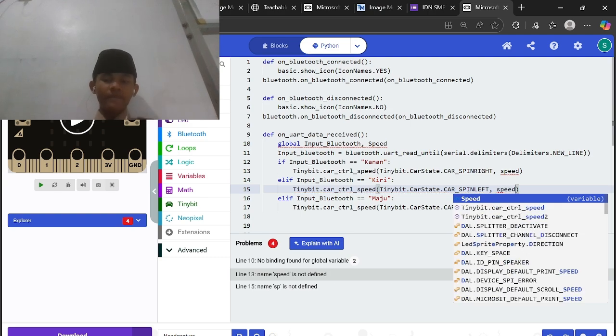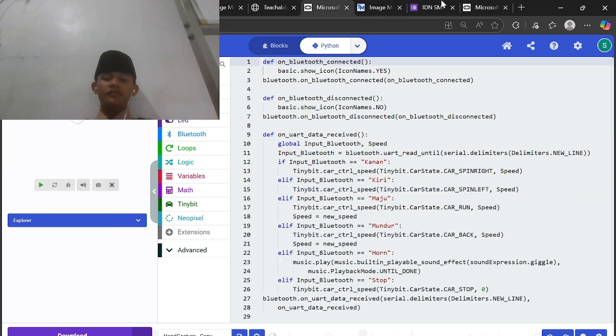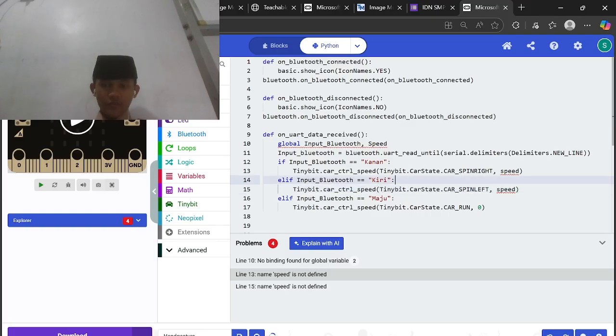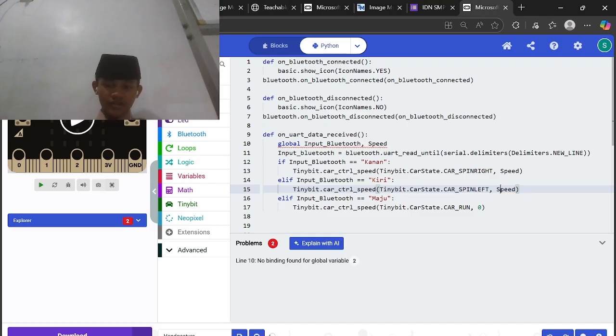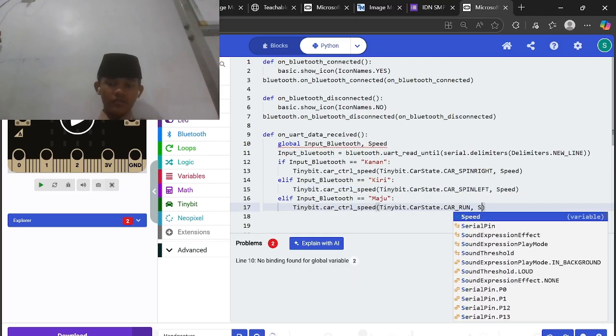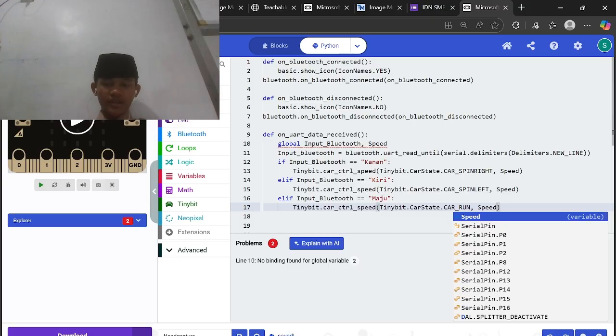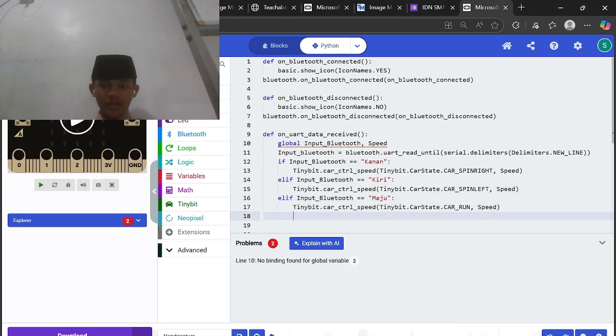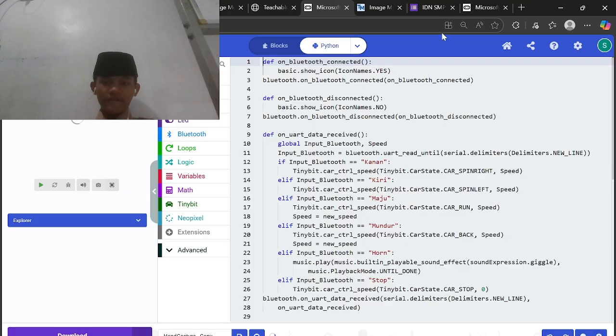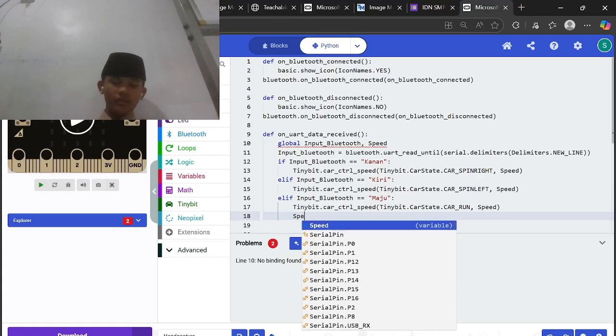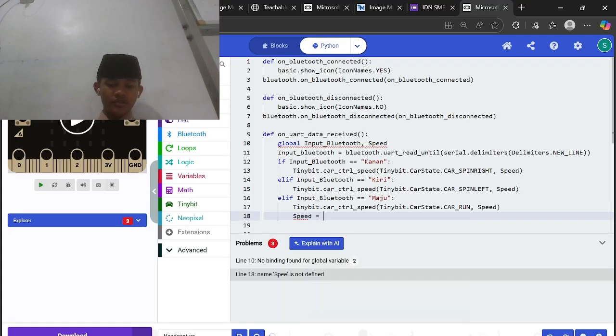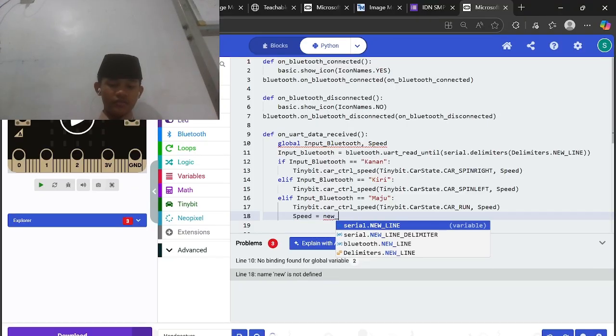If we make a variable, okay, with this big, this is also speed. Now here we can add something, I think before, okay, speed, speed, new speed.